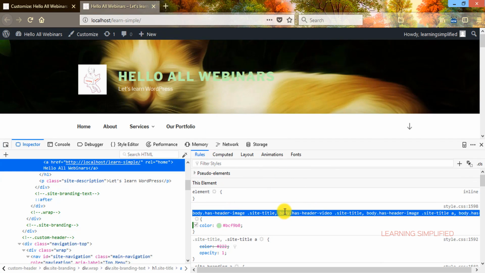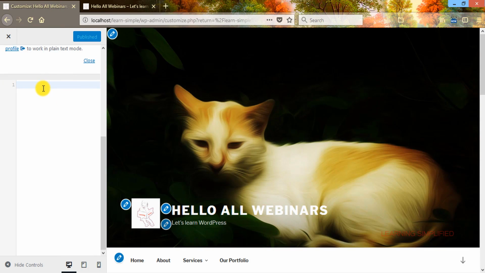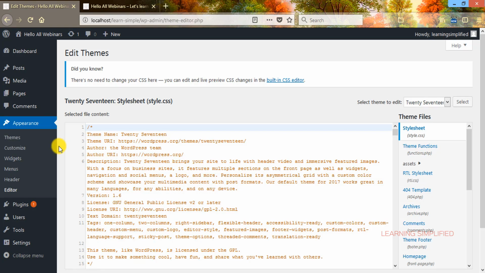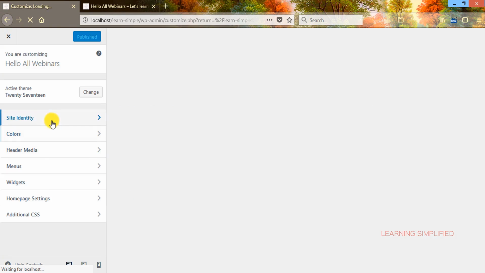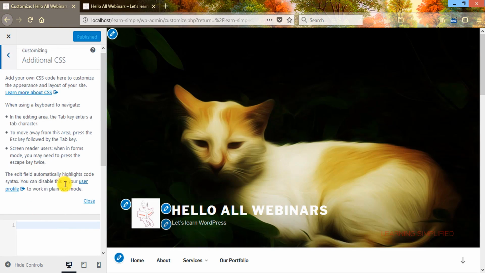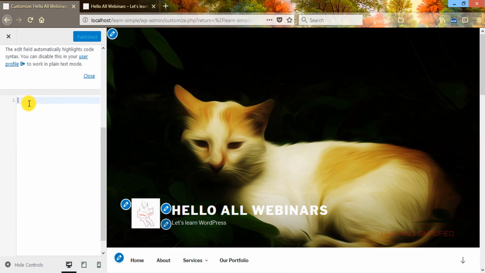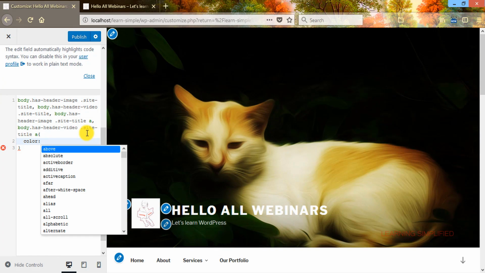First of all, we select this particular class name from here and copy it, and then we get back to the additional CSS part, in this customize section. Additional CSS, and here we will paste it down. This is the part where we are going to make some color changes.